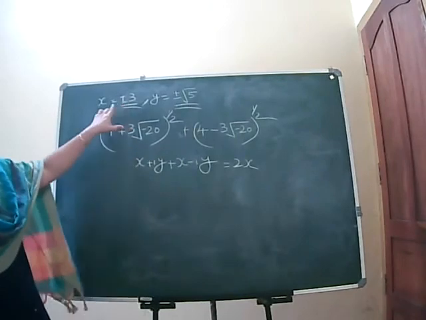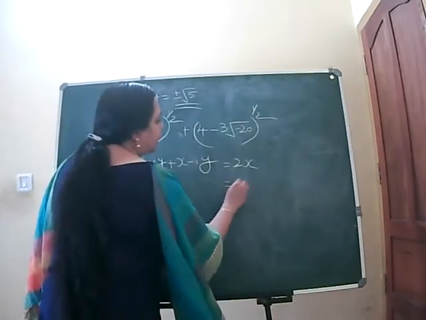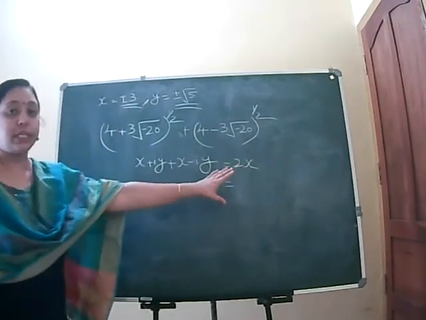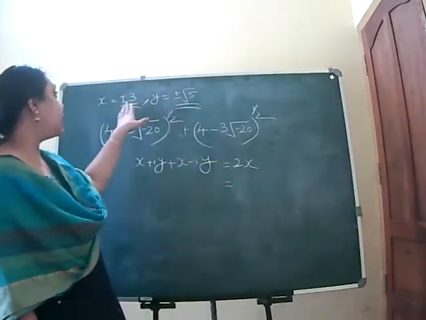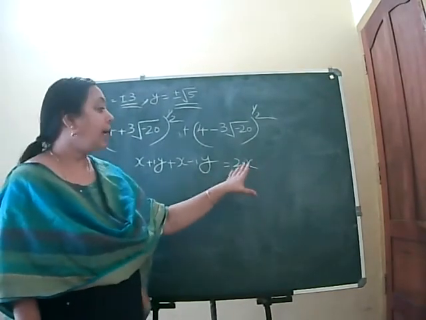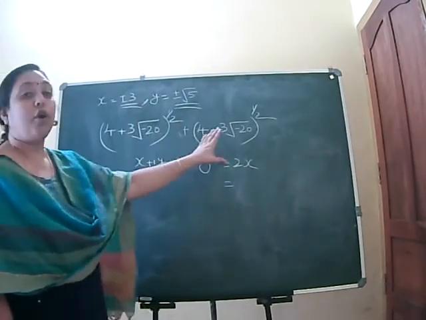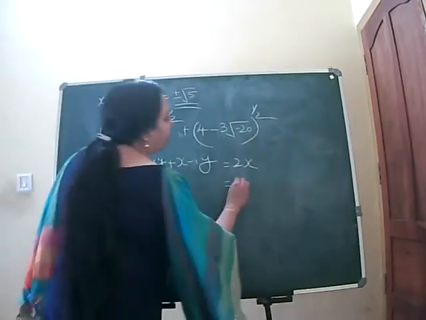If x takes the value plus 3, this becomes 6, that is positive 6, and if x takes the value negative 3, this becomes minus 6. Okay, so the whole value of this expression is plus